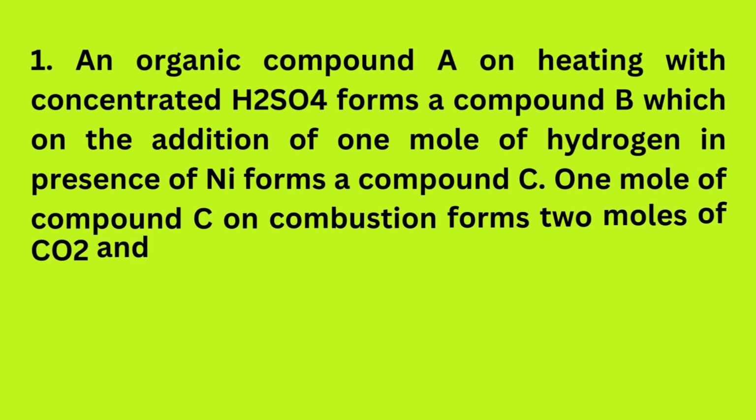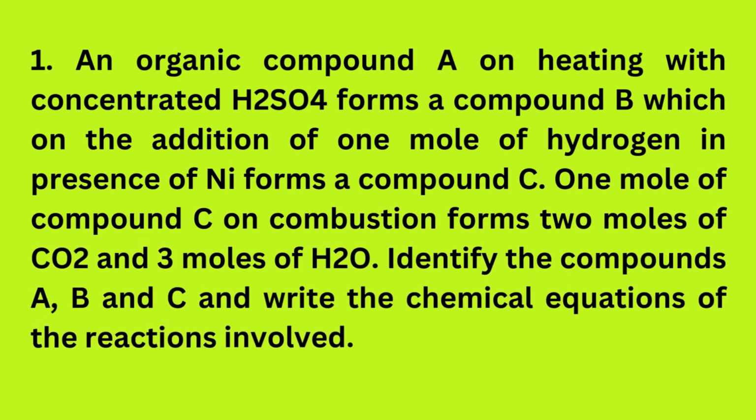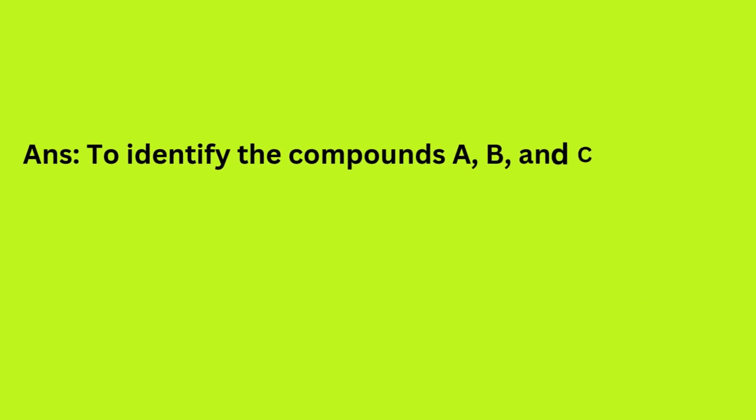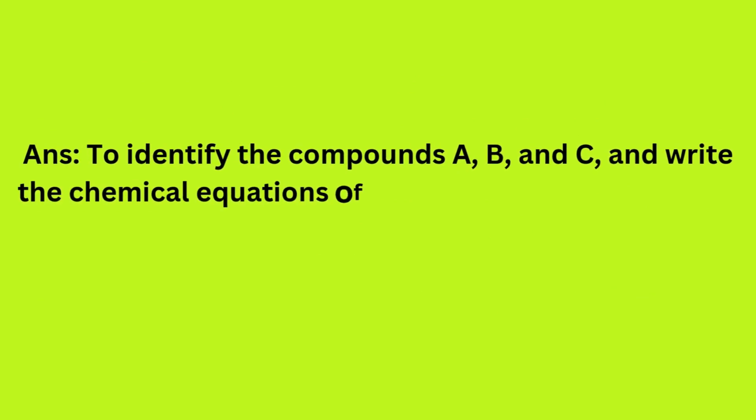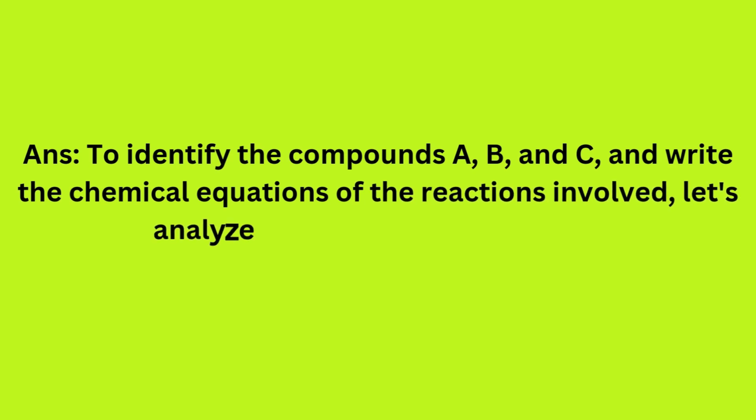An organic compound A on heating with concentrated H2SO4 forms a compound B, which on the addition of 1 mole of hydrogen in presence of nickel forms a compound C. 1 mole of compound C on combustion forms 2 moles of CO2 and 3 moles of H2O. Identify the compounds. Answer. To identify the compounds A, B, and C, and write the chemical equations of the reactions involved,